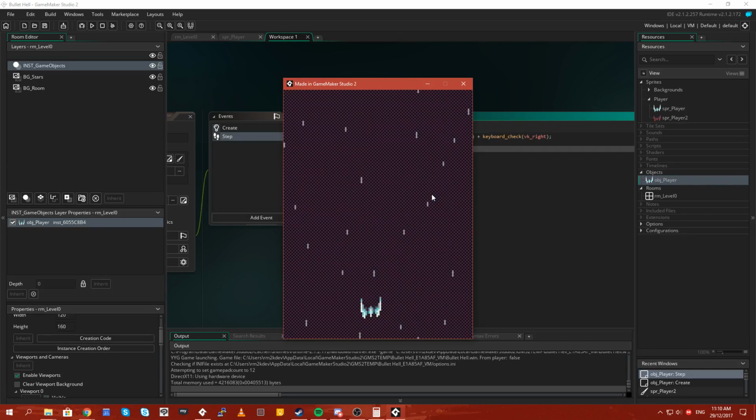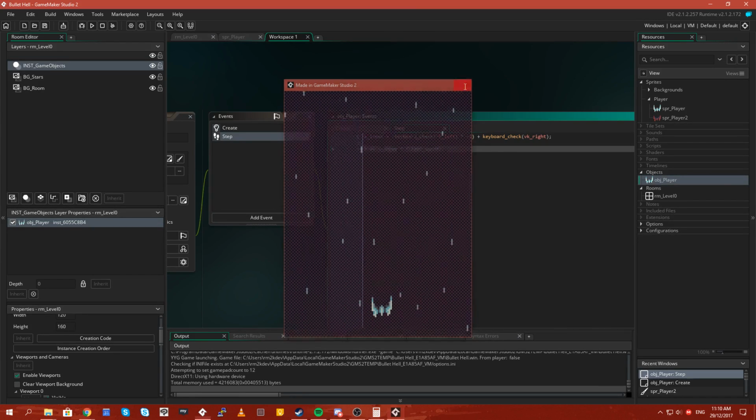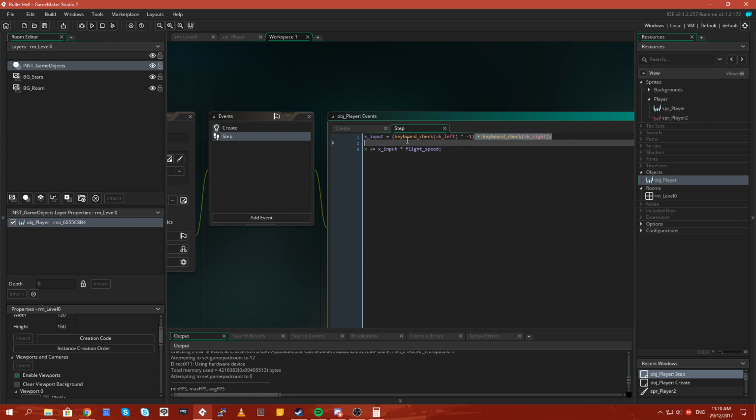I'll explain that for anyone who, I mean, it's simple math, but just in case someone didn't get it, let's explain it. So keyboard check VK left. This function returns true or false. True or false is always comparable to 0 or 1. So if the left button is not pressed, then the value will be 0. We multiply it by -1 because the left direction is always X minus whatever. If we're going left, we're subtracting, so we need to be minus, right? So if it is 1, 1 multiplied by -1 is going to be